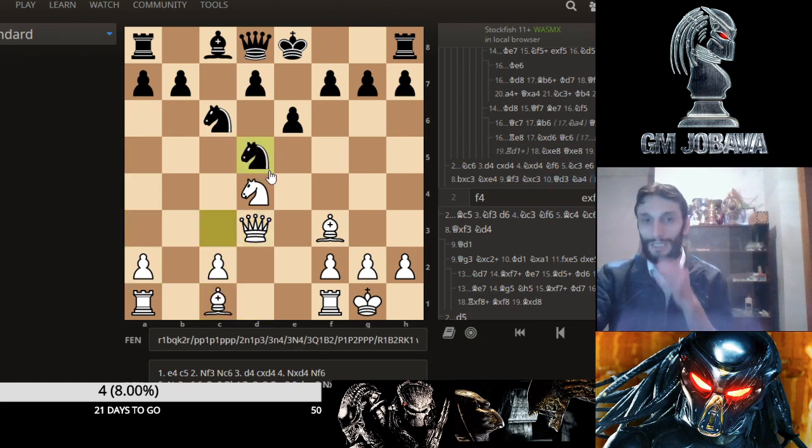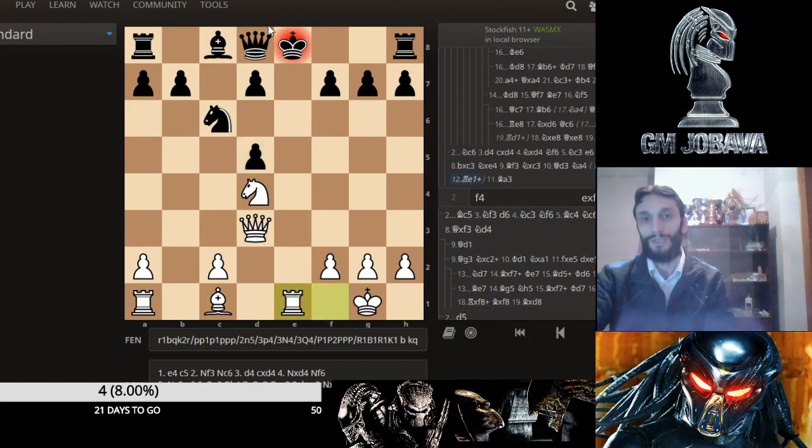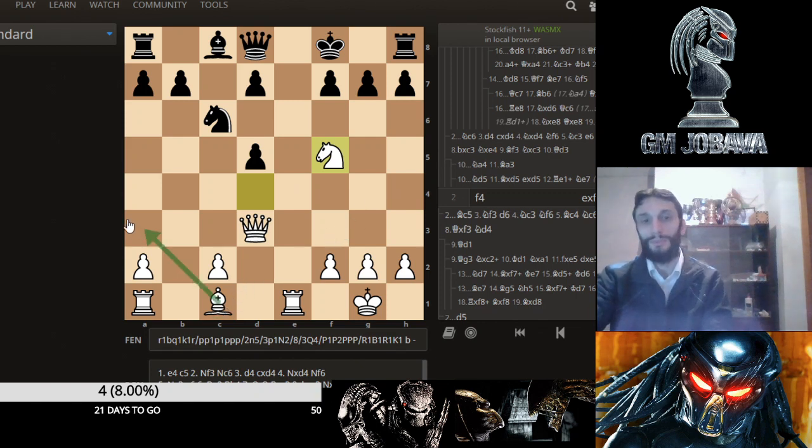But in case of knight d5 here, you can take bishop d5, ed, rook e1 check. Knight d7 is not possible because of knight d5 and attacking here. And after king f8, you play knight f5 here. Look at these ideas. You want to play bishop h3, then queen g3, different ideas here with attacking. So after that,